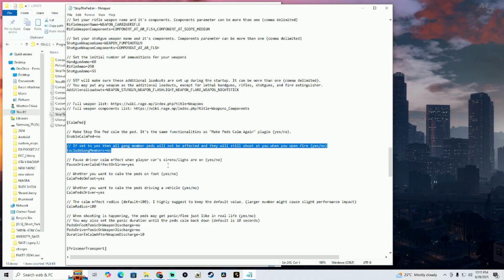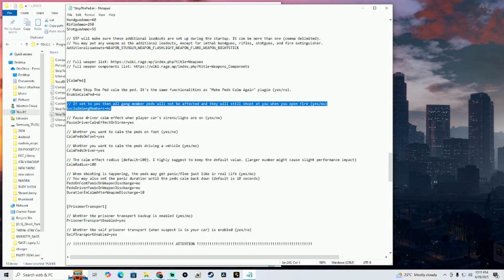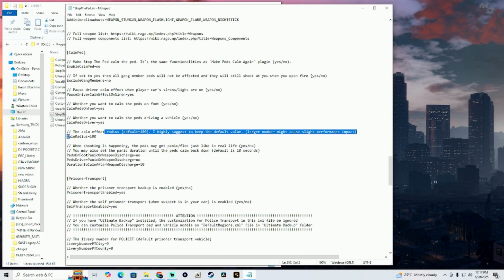Comments whether concerning on, you can leave it on as yes. Whether you want to calm the pad on foot, we're gonna go ahead and leave the one as yes. Whether driving, yes. The calmness radius, I'll keep it at 100 right there, because you want as many people as calm as possible, especially if there's a shooting and all of that. You don't want too much chaos in game,